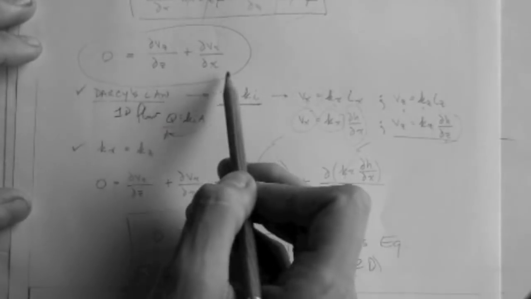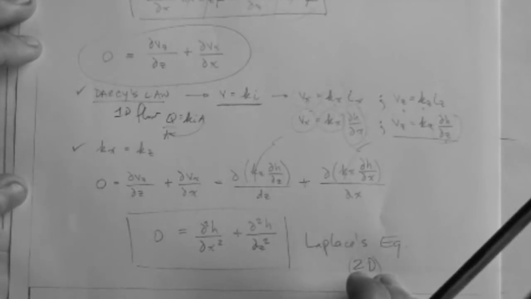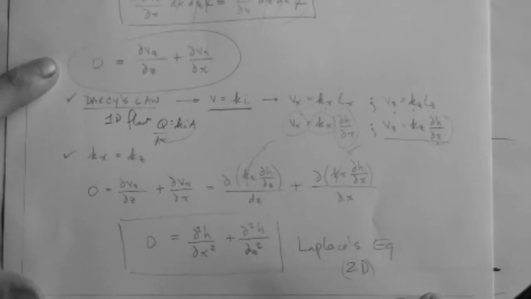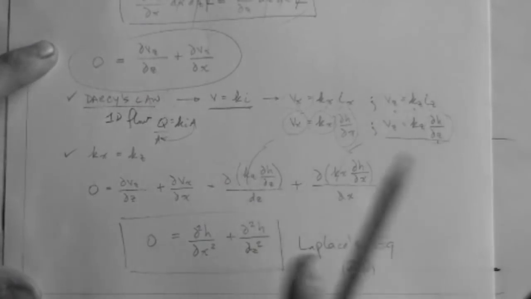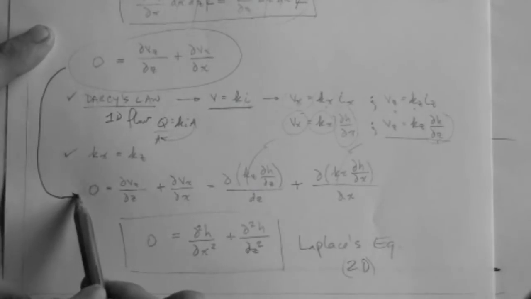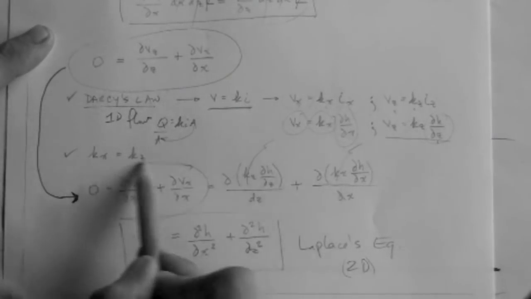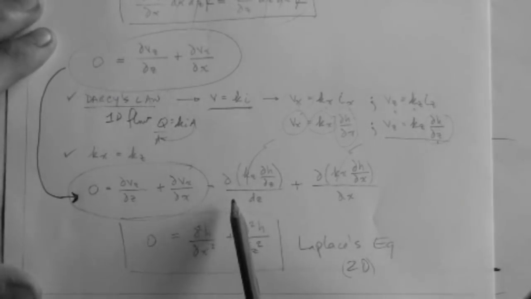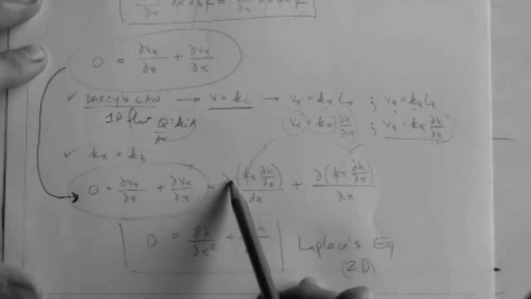Now we're going to take this equation here, which describes basically our Q in equal to Q out. Remember, Q in equal to Q out. All this stuff here leads to this equation right here. Okay, so we're going to take that equation and put it right here, the same, just rewritten, and then we're going to write it out with Darcy's law. So dVz dz becomes